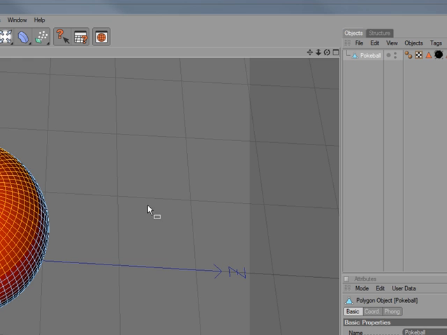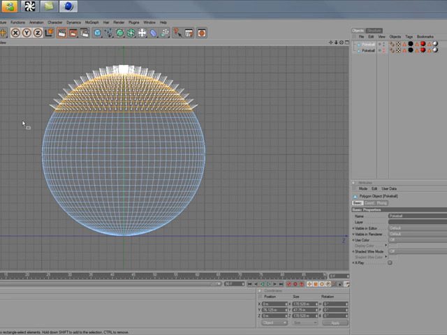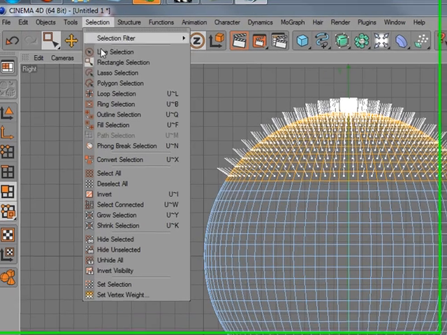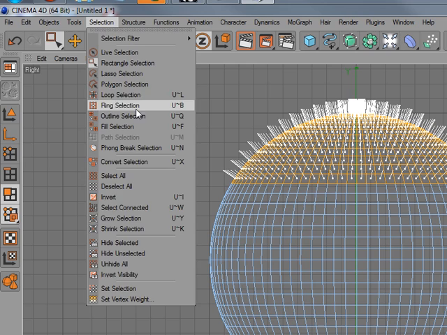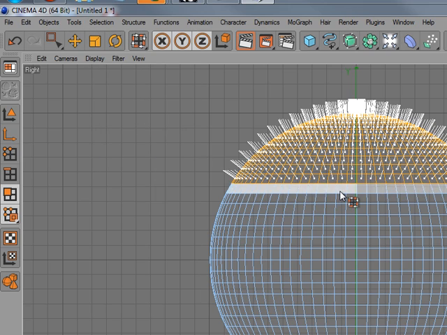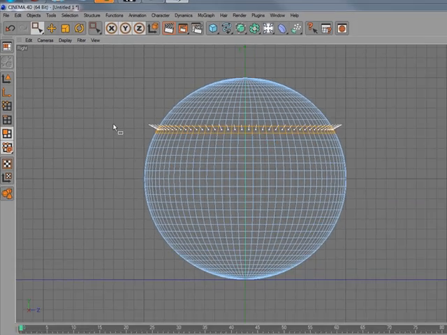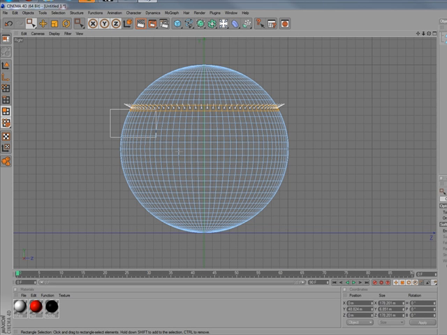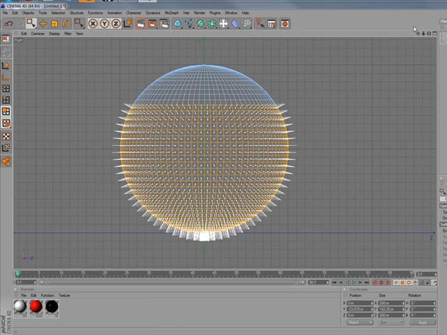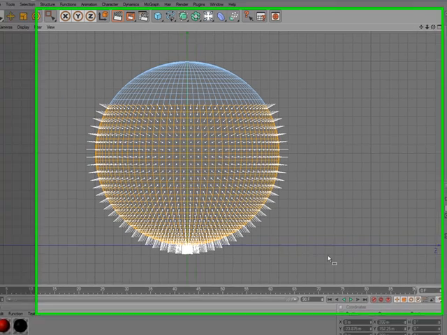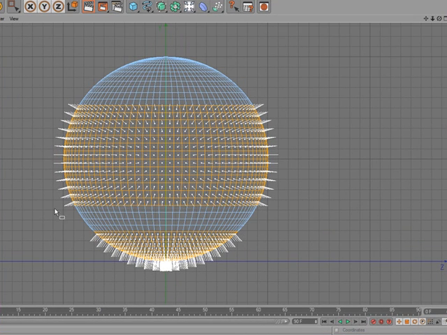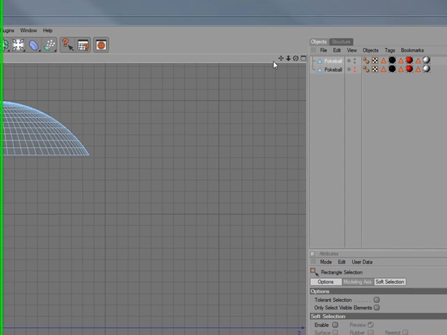Hit Control C, Control V, so you can copy and paste. Click there and there, so you can't see the underlayer. And back to bottom view. And we're going to select. Where's it at? Loop Selection. Click there, just so we know where we want to erase. Hold Shift, and select the rest of it. Holding Shift will let you pick them all. Hold Control, I go like that, and I unselect them. Hold Control and hold Shift, and do that. Hit Delete. Now that's